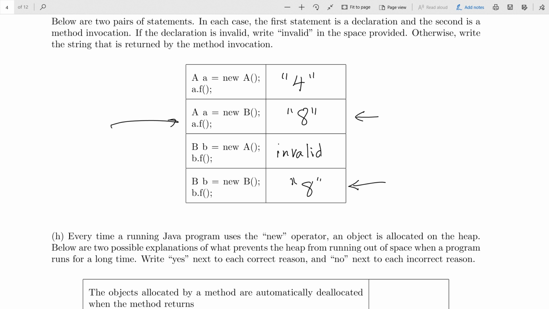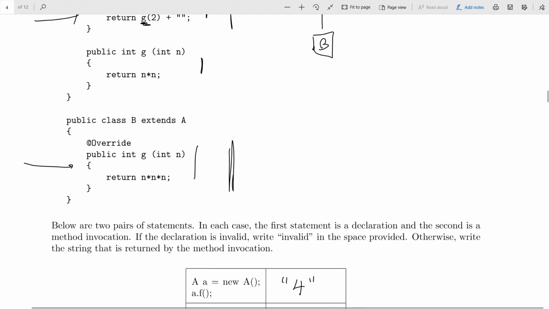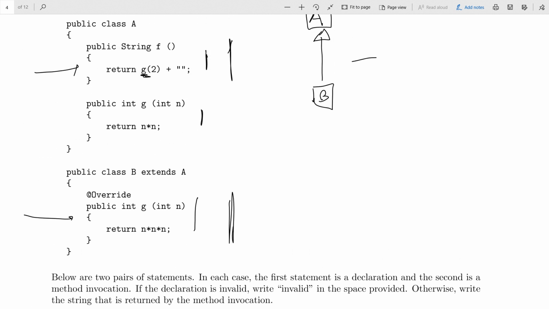So even though it says .f there, is the reason why it's 8 because it's overridden again? Okay, which one are you talking about? For the bottom one, it says B.f. Okay, go on with your question. Is the reason why it's 8 because it's overridden earlier? Right, well, yeah, we call B.f, which means we execute this method, which calls G on that same object. And since it's overridden for objects of type B, we use that one for G.